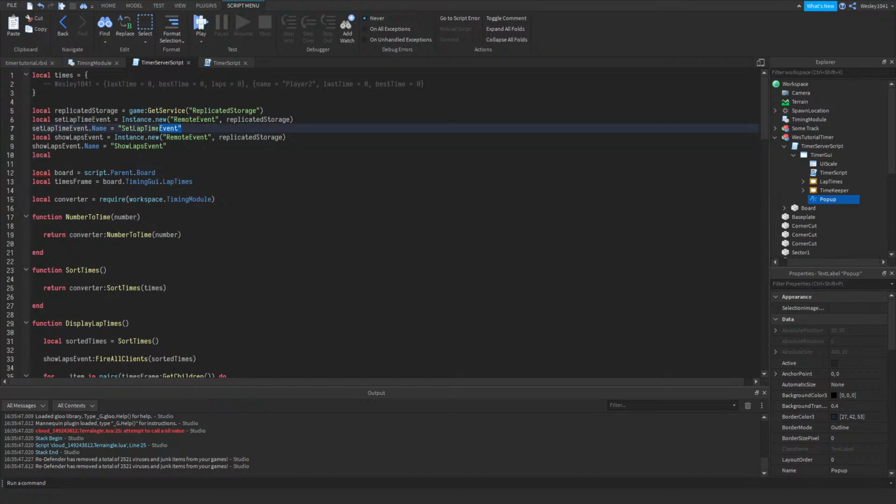So in the previous episodes, we already defined remote events for whenever someone sets a lap time and when someone has set a lap time. And now we want one for corner cuts. So we want the player to let the server know that they have cut a corner, so the server can